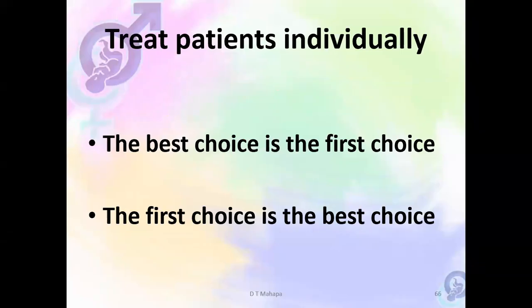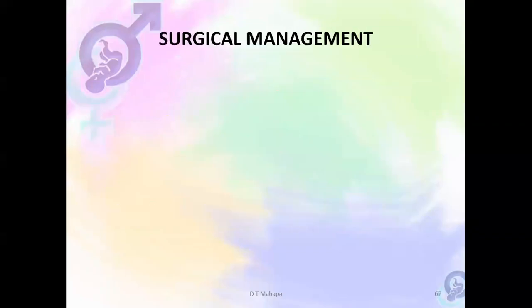But one thing most important, the best choice of treatment is the first one. If the first treatment that you choose is the worst one, you'll never correct it again, which means the first choice must be the best choice. So you must thoroughly assess what the damage is and go and correct the damage. If you miss the damage and correct it wrongly, you can never undo it.